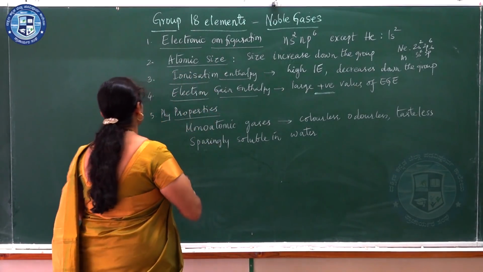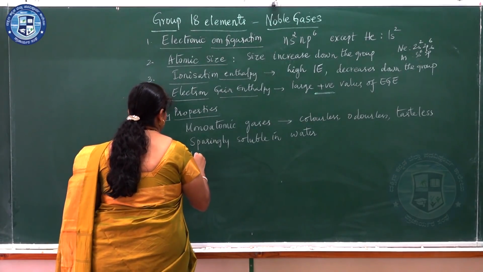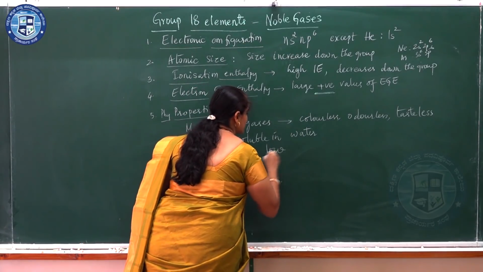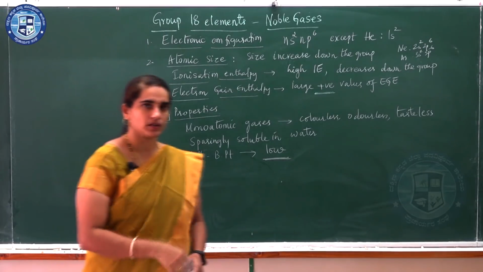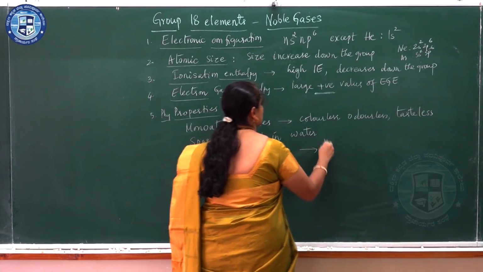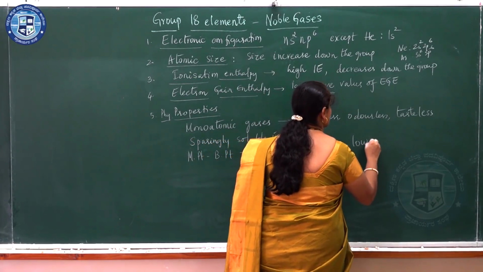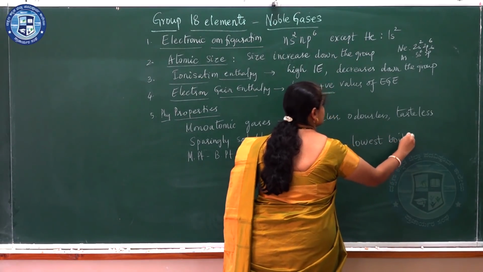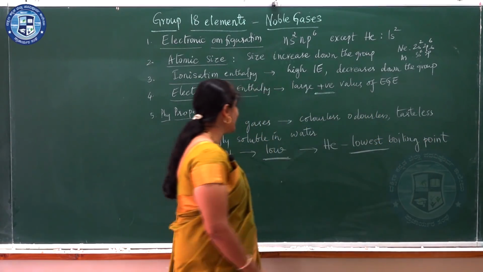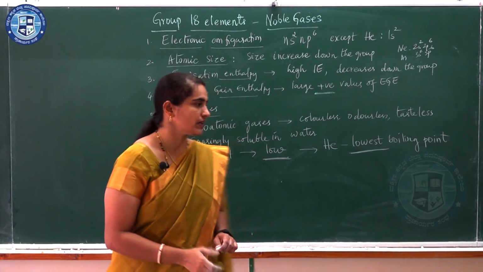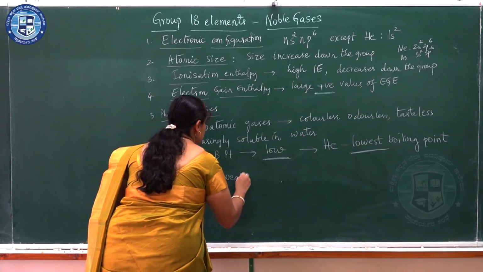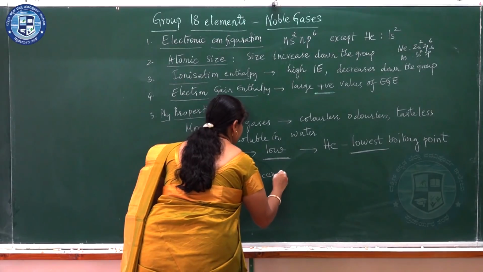If you see the melting points and boiling points, these are usually low. The melting points and boiling points of all these so-called noble gases are low. Especially helium has the lowest boiling point, around 4.2 Kelvin. So this is low. Now why do they have a low boiling point? That is mainly because of the presence of weak forces of attraction,